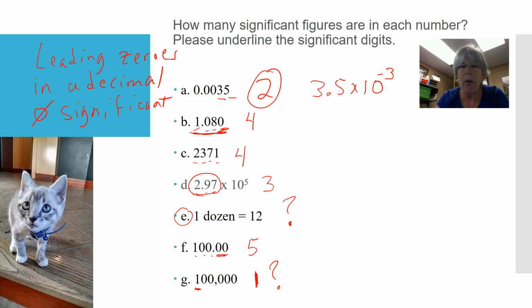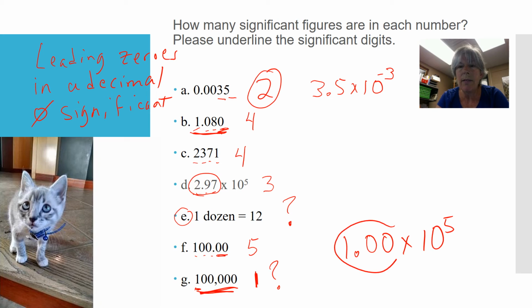Now, what do I mean by that? Well, let's say you were measuring a big football field and you measured to the nearest 100,000 feet or something. You had a big, huge tape measure that was only marked in 100,000 feet. Then that 1 would be significant. It's really hard to tell in a number like this how many are significant. We'll say that there's 1 sig fig there, but if the number was written like this, which is actually equivalent to 100,000, then this number has 3 significant figures. So we often write numbers in scientific notation so that we can determine how many significant figures there are.